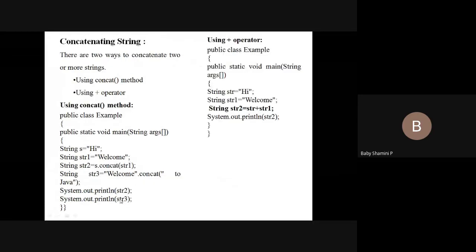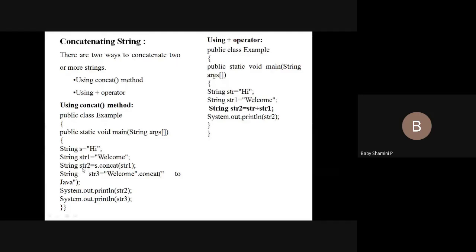And concatenation operations. If you want to perform concatenation, we have two different ways: the plus operator and the concat method. To concatenate two strings, we have to create one more object and perform the concatenation, that is s.concat(str1). We concatenate both the strings and it is stored in this new string.